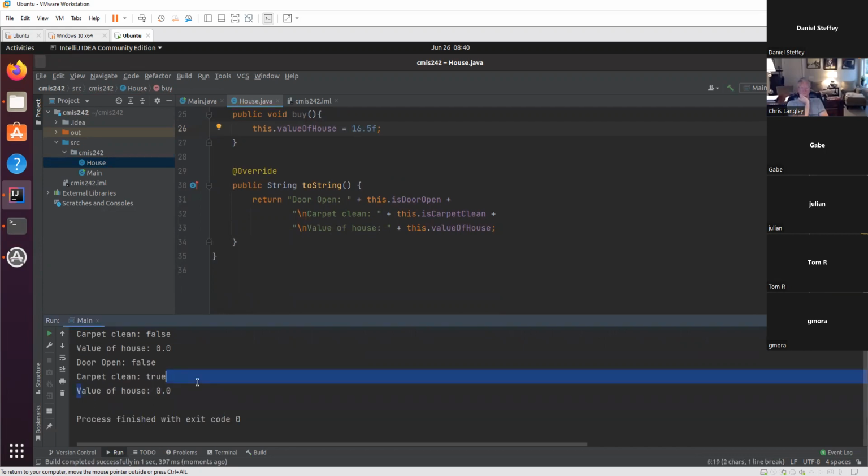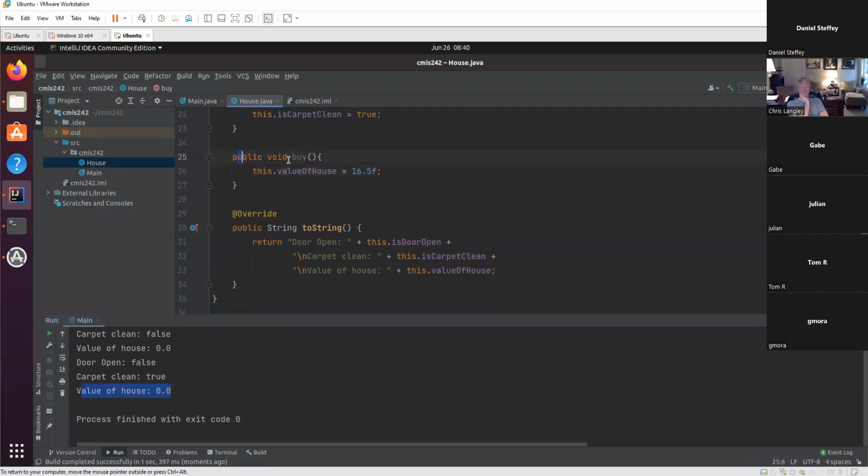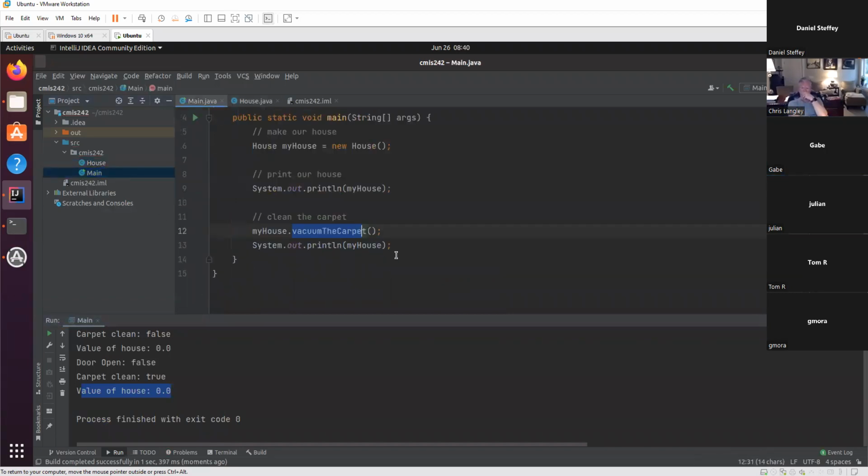Well, right now, the value of the house is still 0. And why is the value of the house still 0? Well, we didn't buy the house yet, right? We have this function that lets us buy the house, but we haven't actually called it yet. We made a house and we cleaned the carpet, but we didn't buy it yet. So let's buy the house. Just like we did with the other functions, it's myHouse.buy. And then we'll print it out again. So now when we run this,